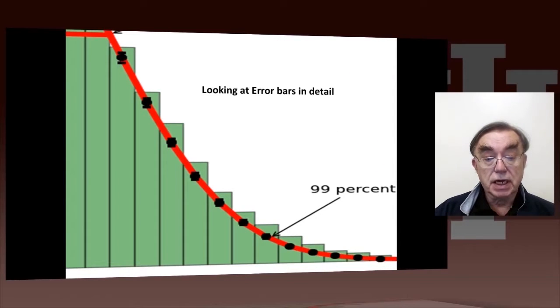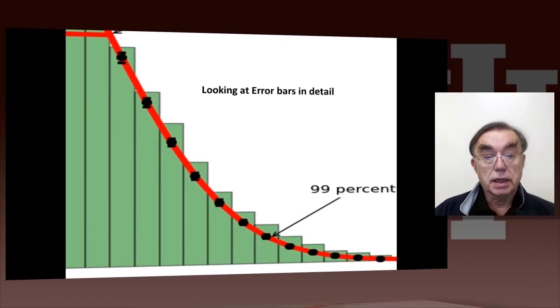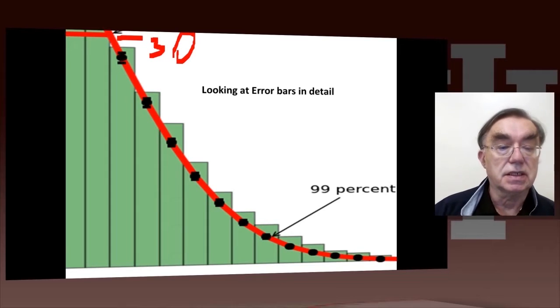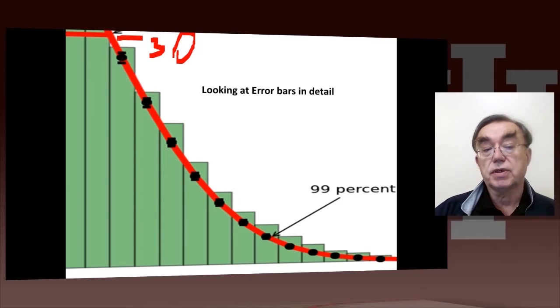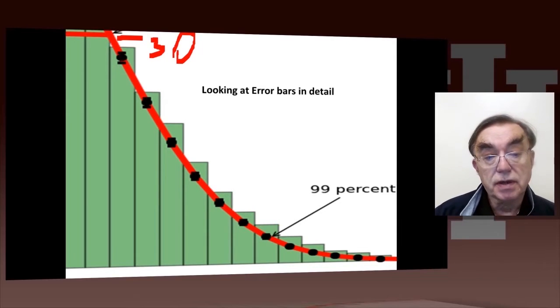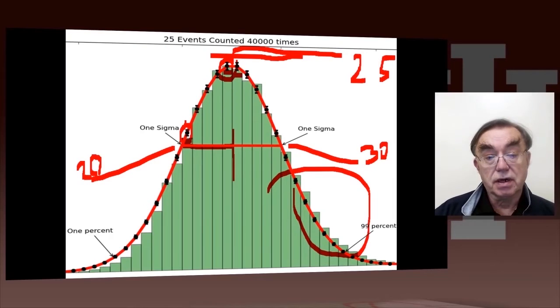This graph here points out the region above 30 up here. Then this red curve here, which I didn't discuss on the previous slide, is the so-called normal distribution. And as I stated, most things in life have normal distributions. In this particular case, because 25 is not a very big number, it doesn't exactly agree with a normal distribution, but it's pretty close. Look at this graph here. The red and the green curves are pretty close.